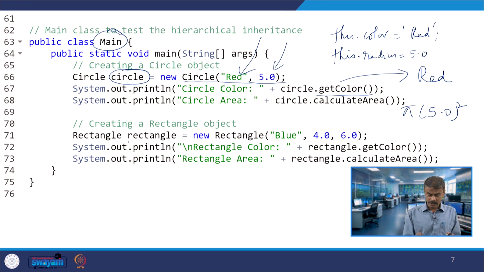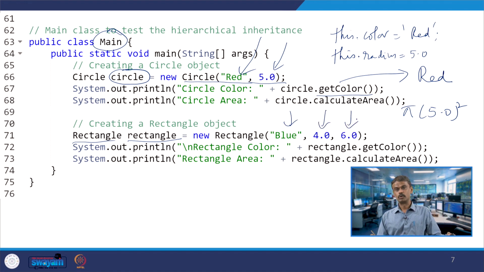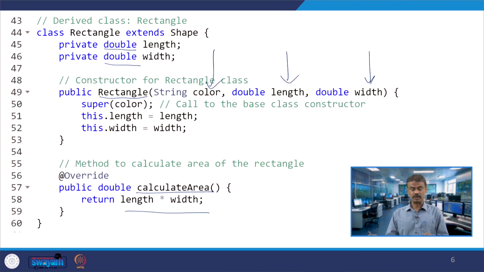Similarly, when you are creating an object of the Rectangle class, you are passing blue, 4.0 and 6.0. So, 3 arguments we are passing: color, length and width. When you are passing this, it is calling the base class super color.